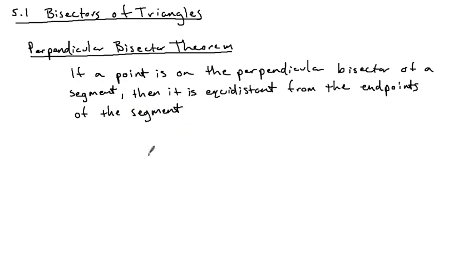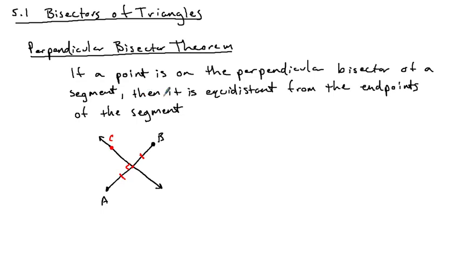Okay, so we're going to draw a quick picture of that. It said if a point is on the perpendicular bisector of a segment. So we're going to need a segment that we'll call segment AB, and we're going to need a perpendicular bisector of it. So something like this. We'll have a little line going through it. So remember, if this is a perpendicular bisector, it means we're perpendicular and we split the thing that gets bisected into two equal parts. So if a point is on the perpendicular bisector, so we'll put this point C up here,